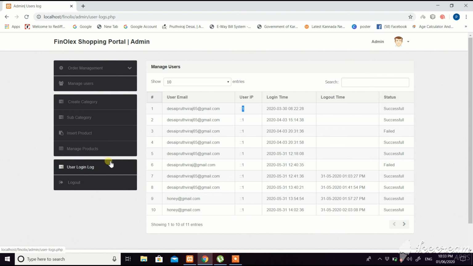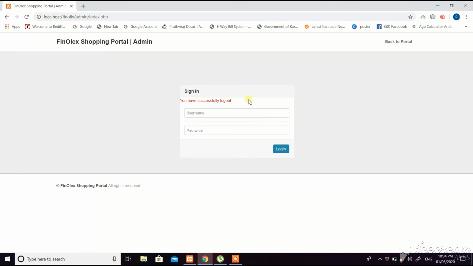So here at last we have given the logout option, so that you can easily log out. Here we have also given the change password option, and here also we have given the logout option. If you click on that, we will get logged out. We will also get a pop-up message such as